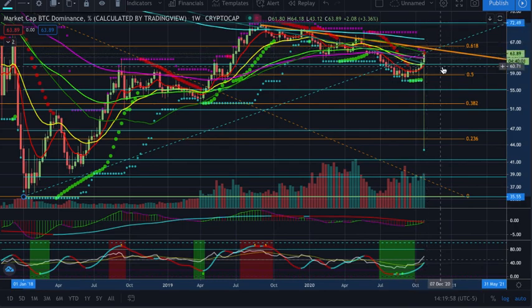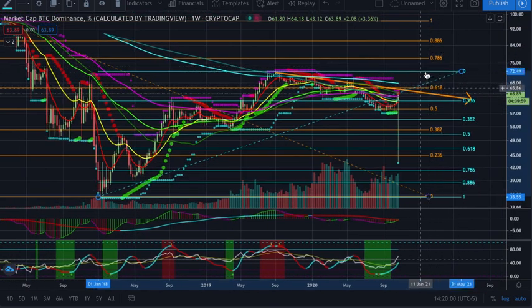If we break out, potential targets to the upside would be that continuation to the 786, which would be 77.6%. That would likely indicate that we were going into another bear market or selling back off. As where if we did get rejected here and continue back to the downside, if we look at the previous move from the high, we sold back off. We made it down to our 236 right here, and then got back above it. So the next target would be the 382. I'm again ignoring the scam wick. Next one would be the 382 at 55%, followed by the 0.5 at 50%,